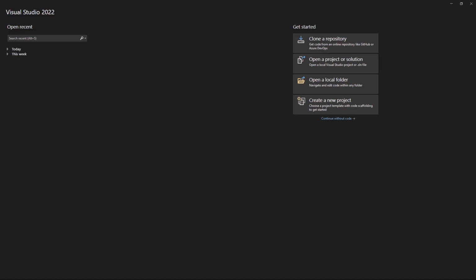Now, let's enter Ocelot. Ocelot simplifies this by providing a single entry point for all APIs, and it can also handle routing, authentication, rate limiting, and load balancing efficiently. It's easy to set up and configure, making it perfect for both beginners and seasoned developers.